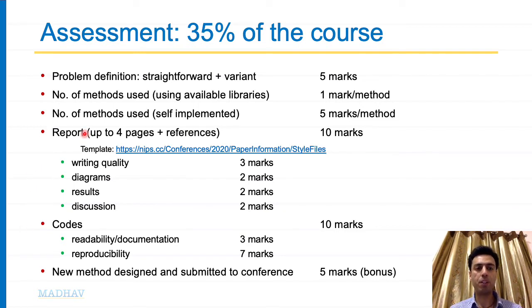For the report, you follow the template of NeurIPS conference, just a template, LaTeX template, which you can follow. And the page limit is 4 pages for the main content, and references can be separately there. And if you have images, etc., you put them in the 4 pages. But we, of course, encourage you to make good diagrams, good images, to make the whole thing better understandable and